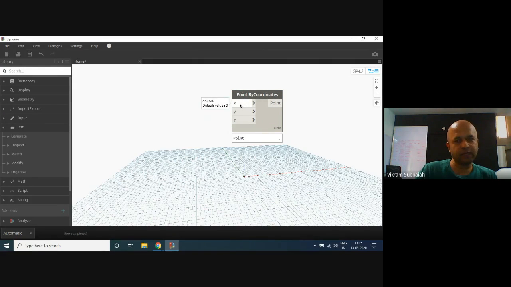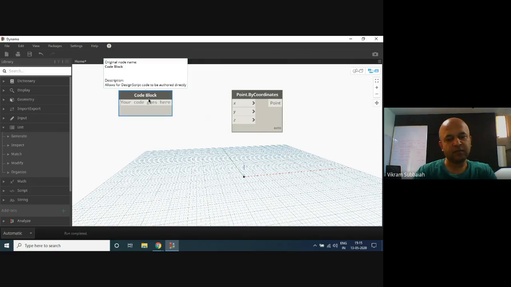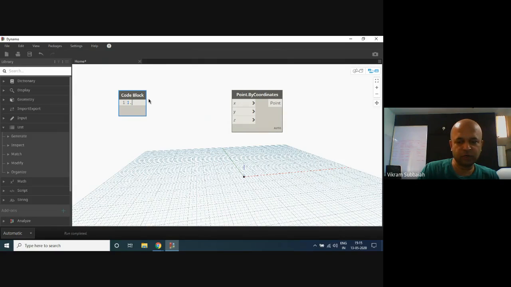Okay, so how shall we calculate X? We'll start from 0 dot dot, and put the number of items and the spacing for each of these. Let's say 3, 0 dot dot, let's say 10 dot dot.